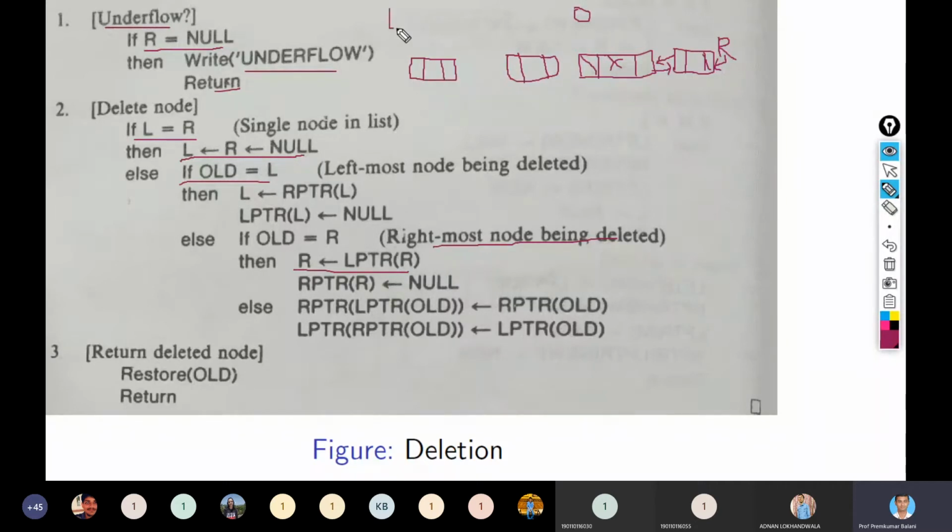And my L is pointing to this node, and the LPTR of the leftmost node is null, and now this cannot be null because it is an in-between node. Now these nodes are pointing to each other, right?